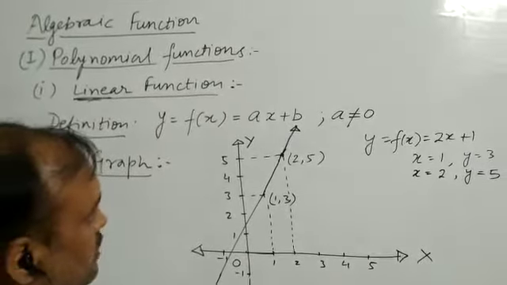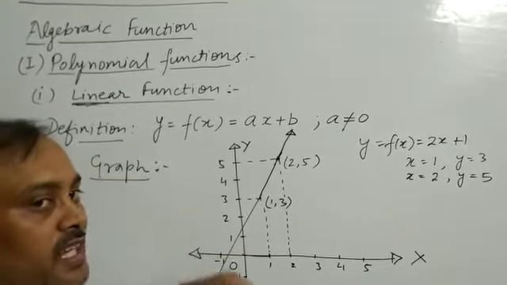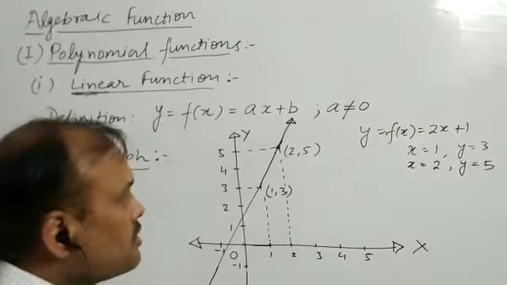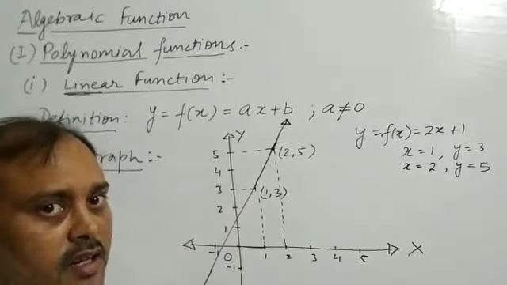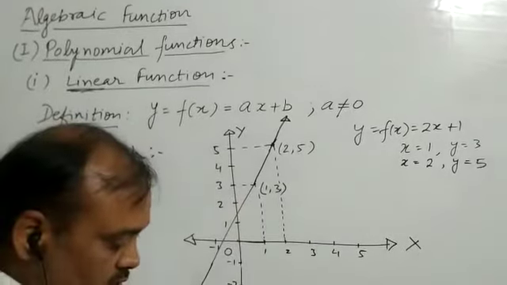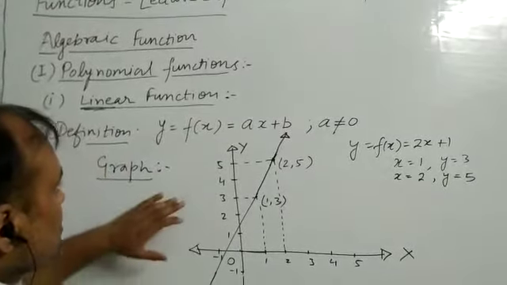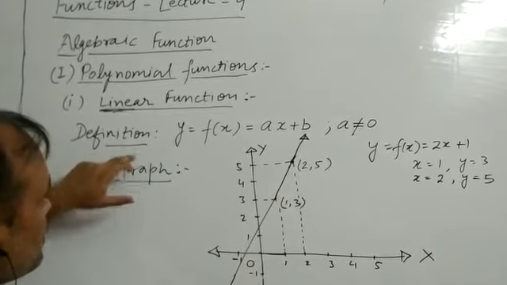That's it. Because we have two types of curves mostly, linear or curvilinear. Curvilinear means the function which is curved, which is not a straight line, and kinked curves are also there. We will discuss all those types of curves whenever they come up. So this is a linear function. Now two things we have done: definition and graph.